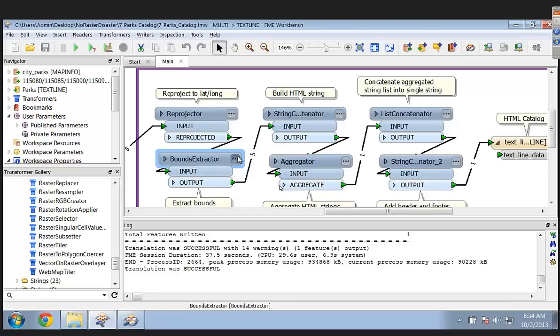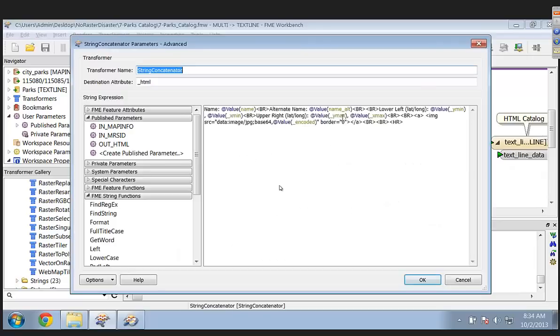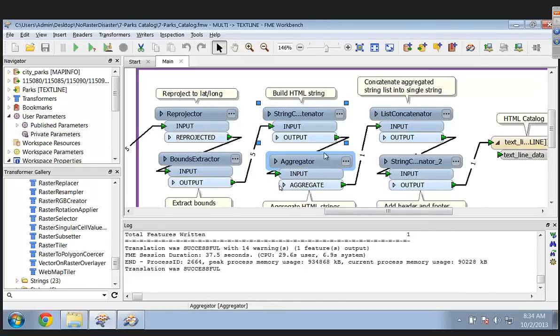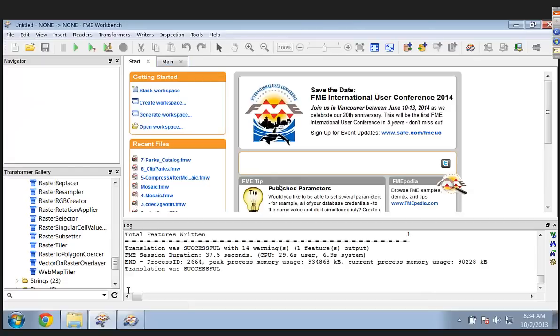So for some reason you wanted the bounds here, gave you these y-mins, and because you're putting them into the HTML. And then here's your fine looking HTML. Yeah, where I insert the bounds and I also insert the image data as well. So here's how he says image data is going to be base64, and here it all comes. Okay, and then you just glue that all together and give yourself a nice big HTML file. Yeah, with my favorite writer, the text line writer. If you're dealing with ASCII formats, you can write anything with a text line writer. Yes. So that's Dave's park catalog.